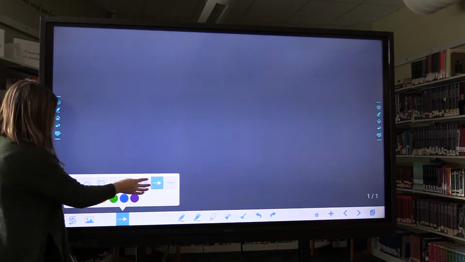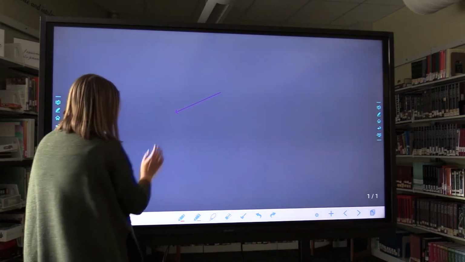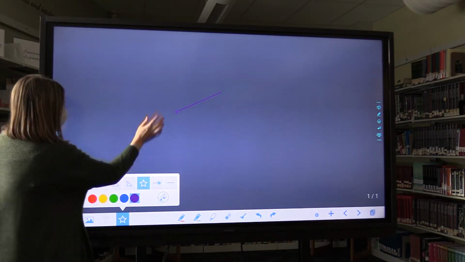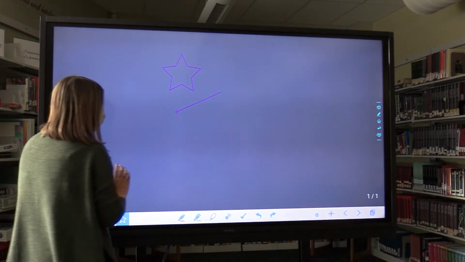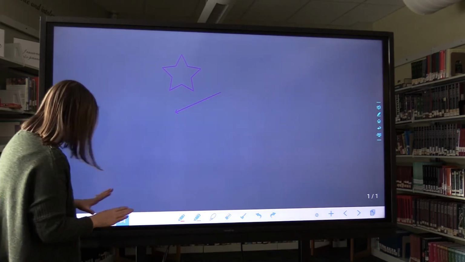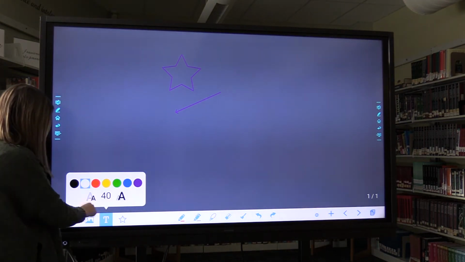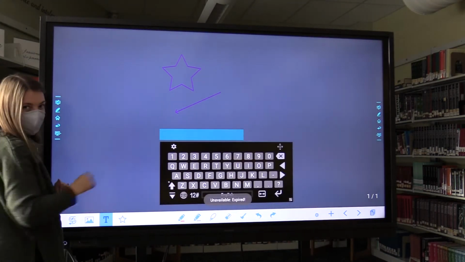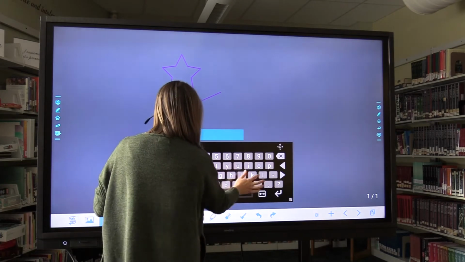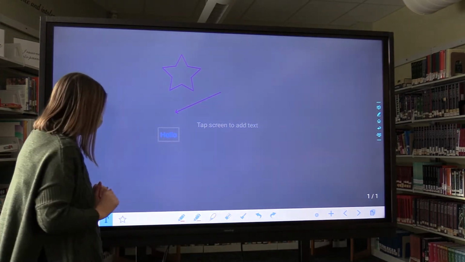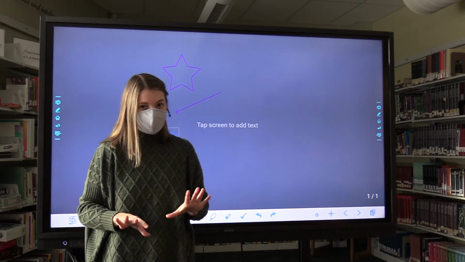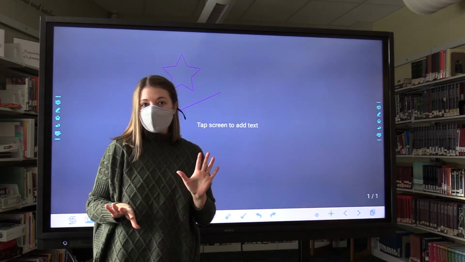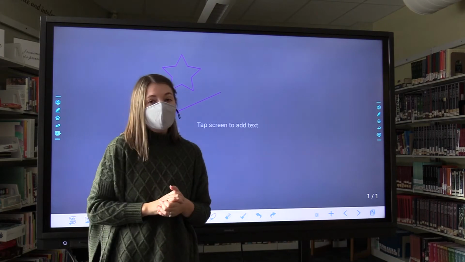clear everything on here. They also have fonts and shapes. So if I want to draw an arrow, I can do that. I can also add a star, and I can move that with the lasso tool as well. If I want to type, I can use the text feature, and then when I click on the screen, a bar shows up and I can type whatever I want. So this is how you use the whiteboard feature. I feel like this is one that teachers will have a lot of fun with and will be easy to